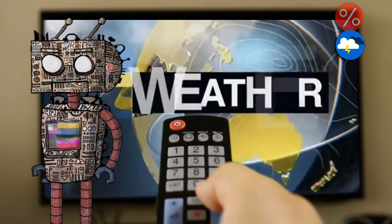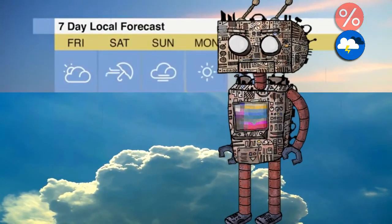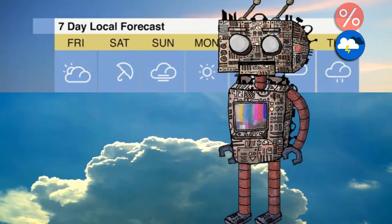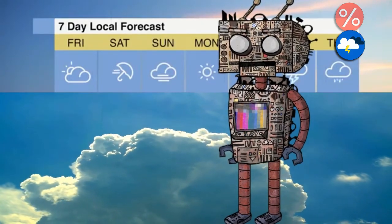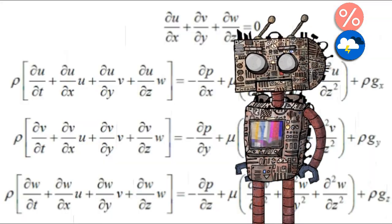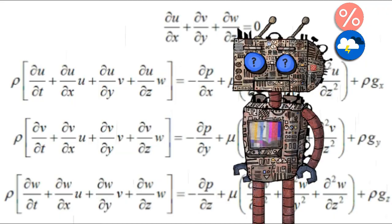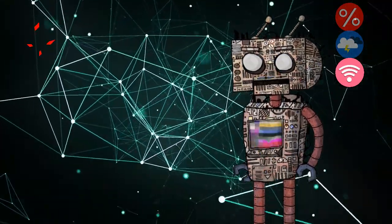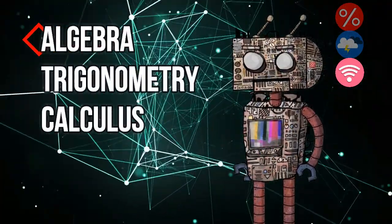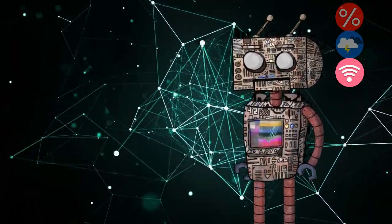While eating your toast with satisfaction the next morning, you flick to the daily weather forecast. These predictions are brought to you by supercomputers that calculate mathematical equations that model the atmosphere and oceans so that you don't have to. Some of these are the Navier-Stokes equations. Yikes! On a larger scale, algebra, trigonometry, and calculus are fundamental requirements for communication systems, which are essential for our